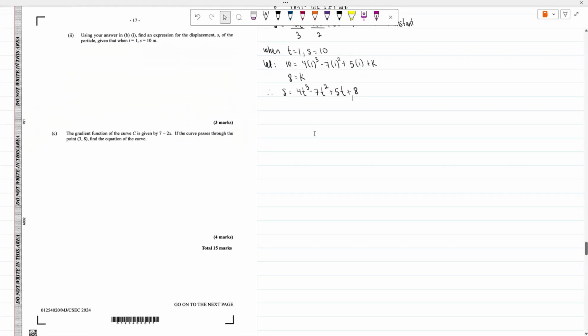Part C, the gradient function of the curve C is given by that. Gradient function means that is dy dx. So I know that our dy dx is equal to 7 minus 2x. If the curve passes through the point (3, 8), find the equation of the curve. So if I integrate both sides